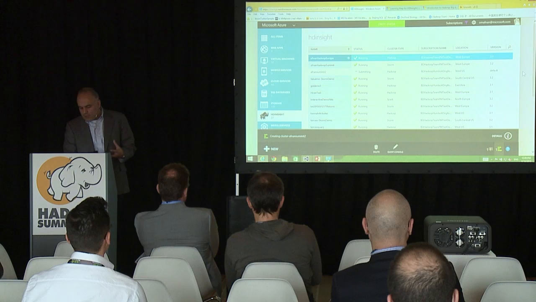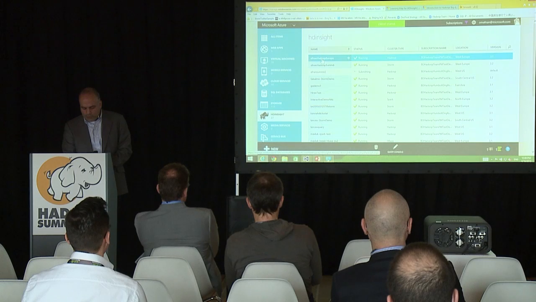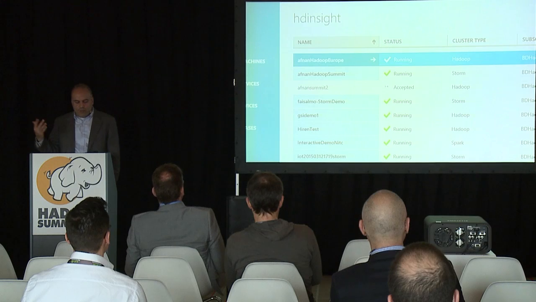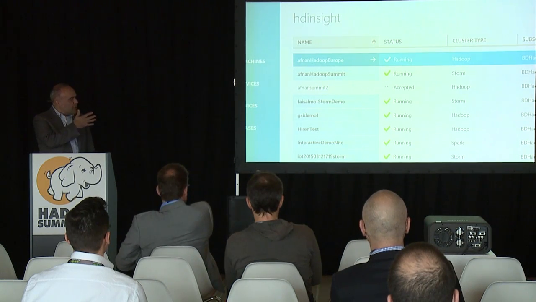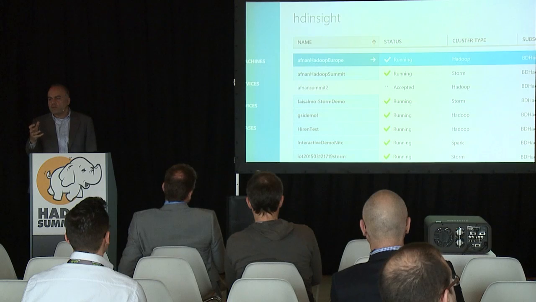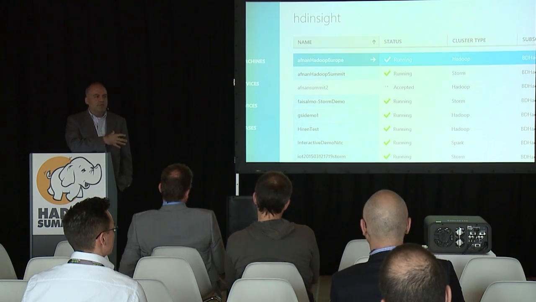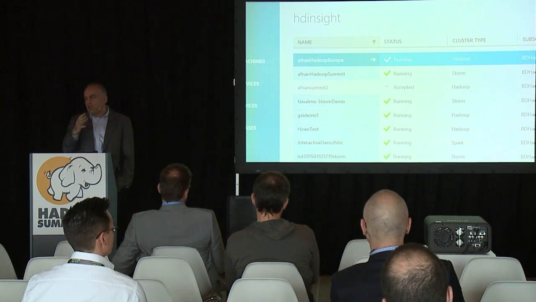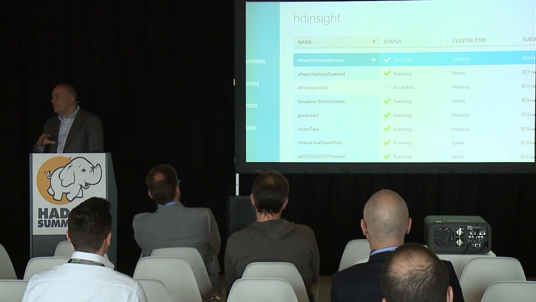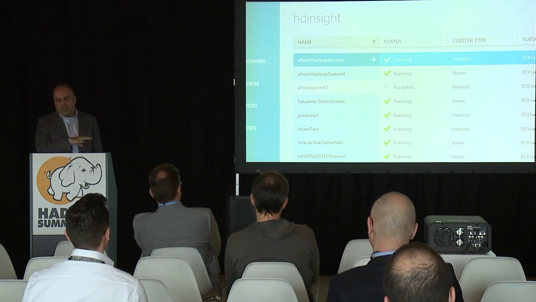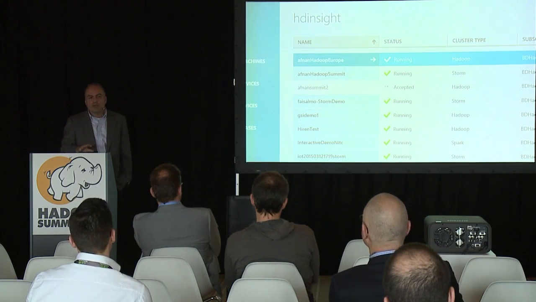And this cluster, once it's created, it'll look like other things that I have here. So you'll notice, for example, I already have a couple that I've created. One that's a Hadoop cluster, one that's a Storm cluster. So these are now machines, VMs in the cloud. They have the HDP stack already installed on them. They're all configured and ready to go. And they have storage in Azure Blob Storage. So whatever you create, any files you create, any output you create, will all be in cloud storage. So basically, there's nothing else you have to do at this point.